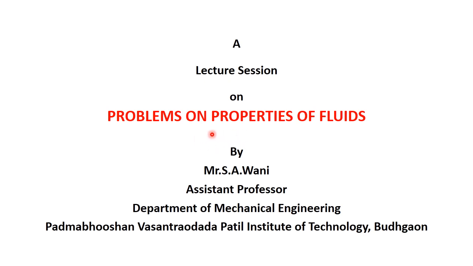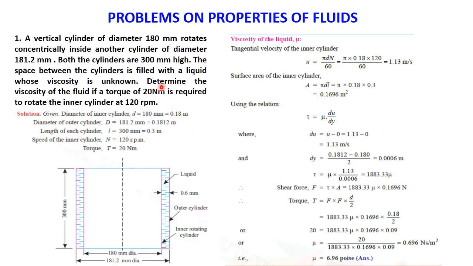In the previous lecture, we had solved around 6 problems based on the properties of fluids, and the main focus was given to the main property of the fluid, which is the viscosity, by calculating kinematic viscosity and dynamic viscosity. Today we are also going to see some problems based on viscosity, then some problems based on bulk modulus, vapor pressure and compressibility, etc. So going to problem number 1 for the calculation of the various parameters of properties of fluids. We will see the question again now.